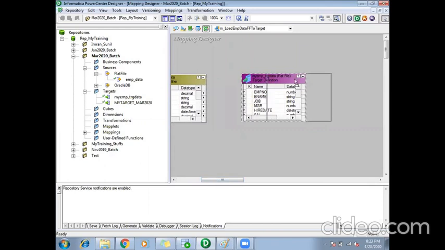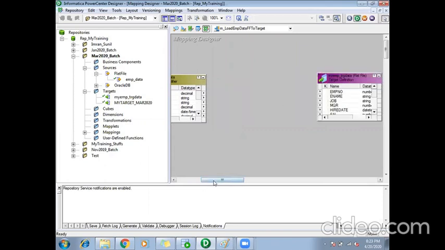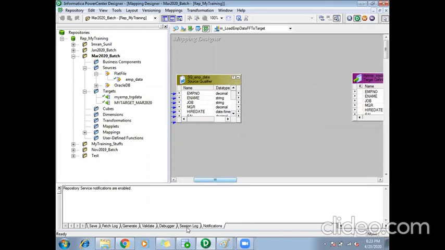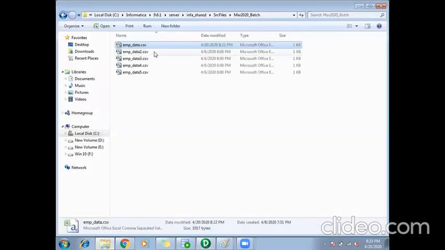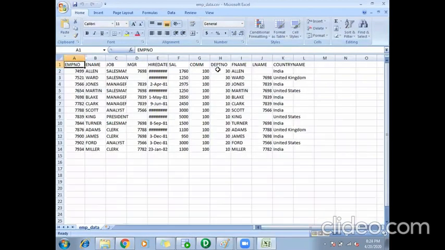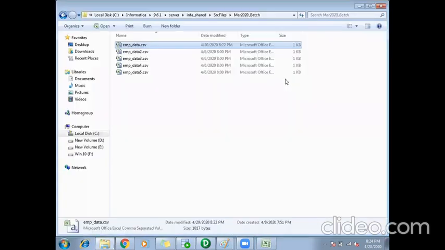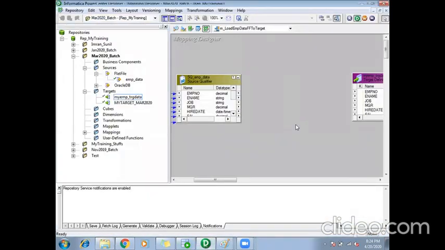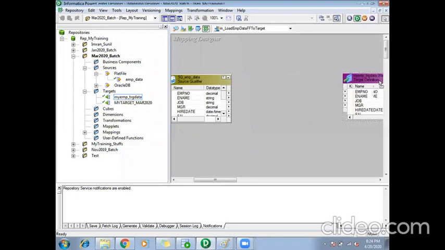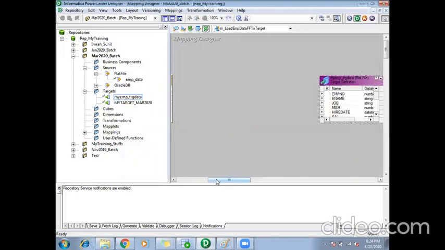So when they tell you to dynamically create flat files: today this file has only employees with departments 10, 20, 30, so you have to create 3 target files. Tomorrow, if I get employees with department 40 in this file, you have to create a new target for that department. If that is my scenario, then I can't use a router here. In order to achieve that, I can do it with transaction control.